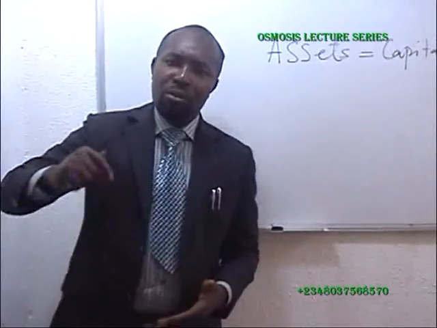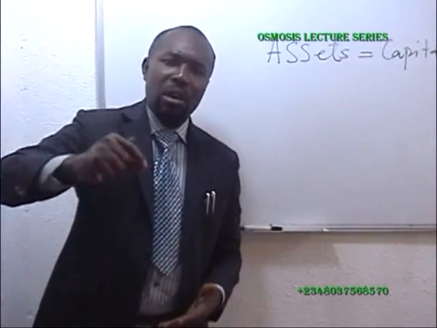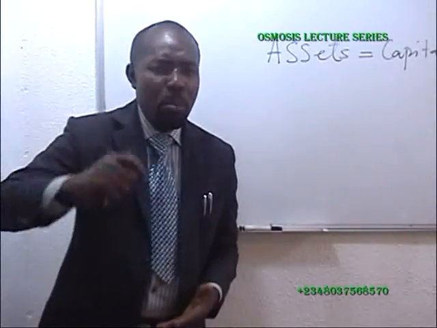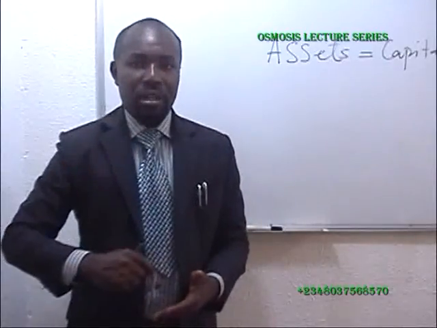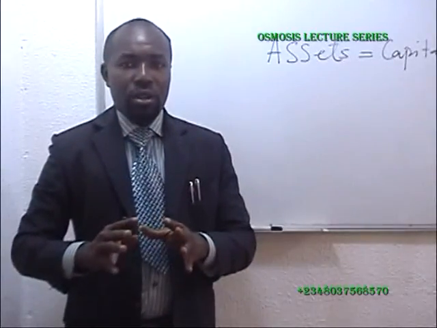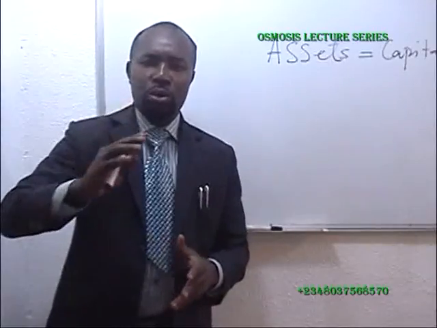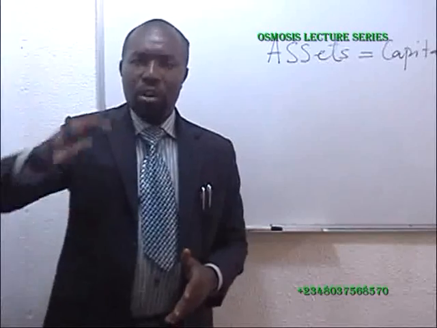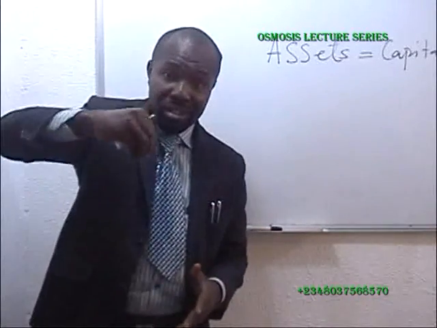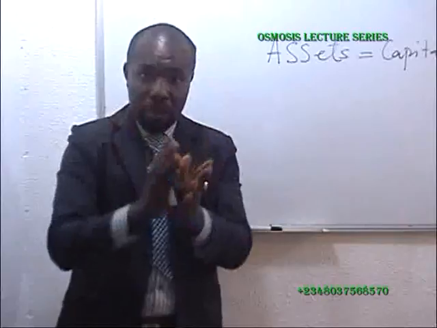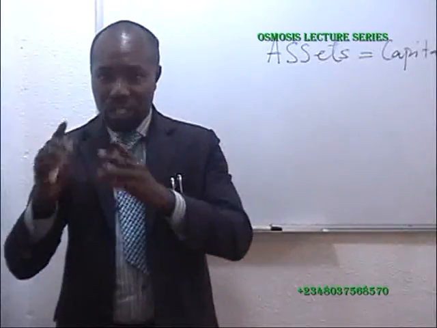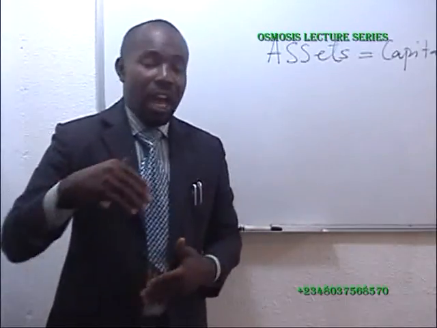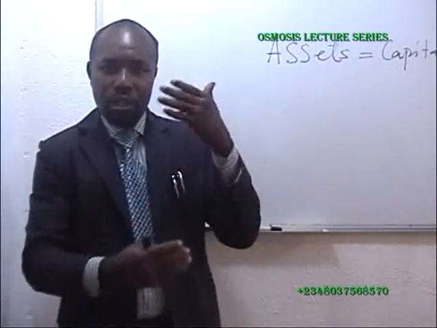So now, consider yourself as a business person who makes sales on credit, and also makes purchases on credit. The control account will then show you all your debtors and all your creditors. In the control account, you get the total of all your debtors and the total of all your creditors. The creditors are those whom you are owing, and the debtors are those that are owing you.